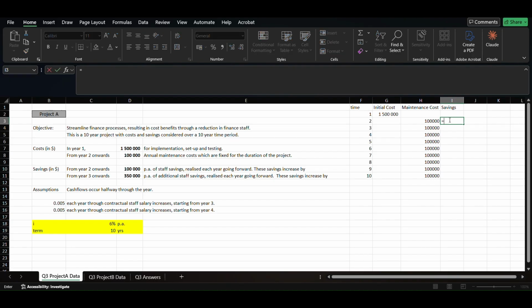So we'll have 100,000. What am I doing? 100,000. I'm going to fix that by pressing F4, times 1 plus this rate here. I'm going to fix it as well because I don't want it to change. And I hope it's compound increasing by this rate. Yeah, it is compound increasing to the power of, I'm going to put, hmm,